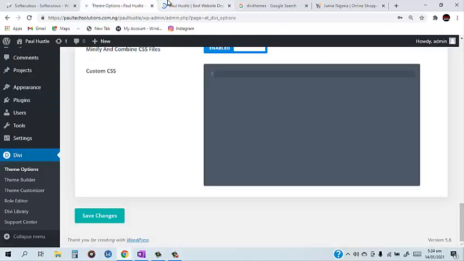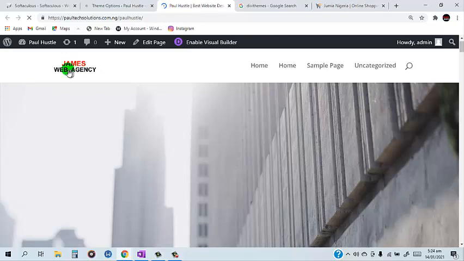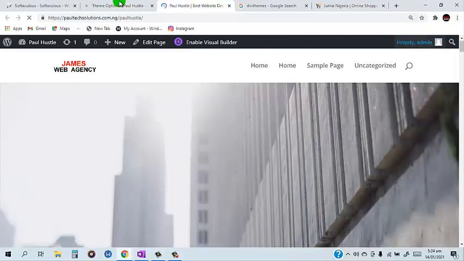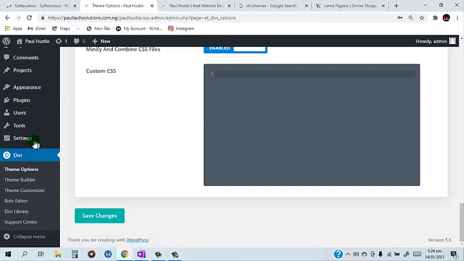So the next thing we are going to do is to import sliders into our website. What are sliders? Sliders are sliding images that help to capture the attention of your customers when they visit your website. So to import a new slider into your site,